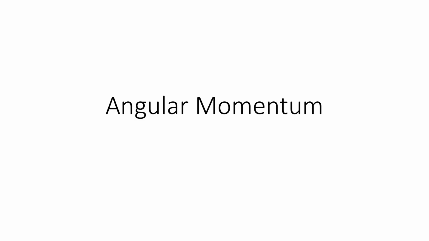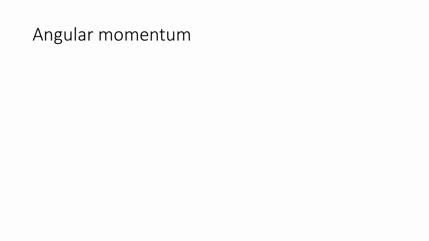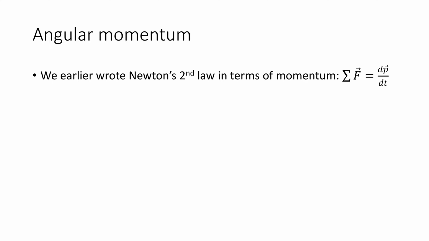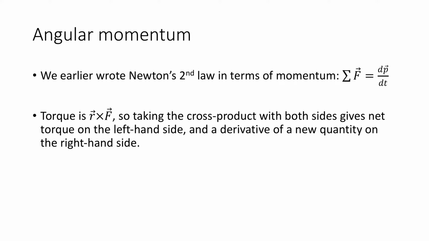Today we'll be discussing angular momentum and later conservation of angular momentum. Remember earlier we wrote Newton's second law in terms of linear momentum, such that the net force was equal to the time derivative of the linear momentum. We also know that torque is the position vector crossed with the force, so if we take the cross product